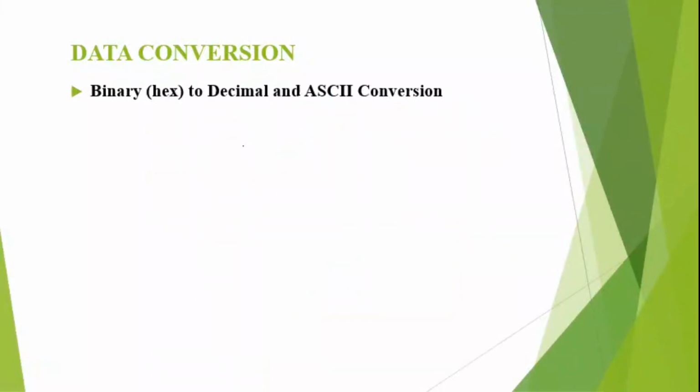Next conversion is binary to decimal and ASCII. In devices such as analog to digital converter, the data is provided in binary form. Also in some real-time clocks, time and date is provided in binary form. To display this data which is in binary form, we have to convert it into ASCII. So the binary data has to be converted to ASCII. First it has to be converted to decimal form and then to ASCII.